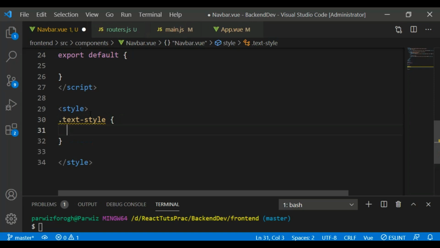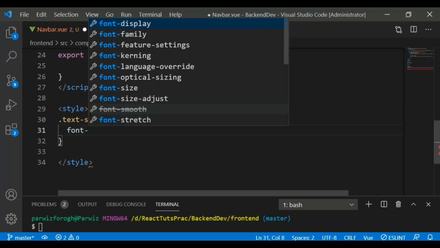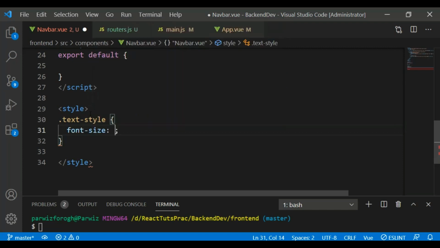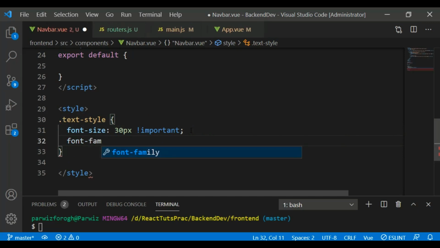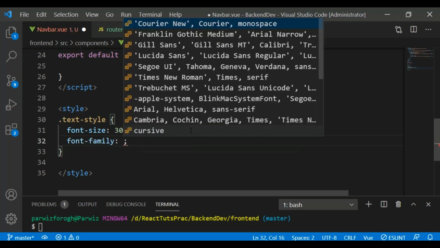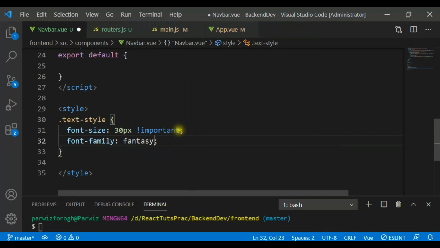For example, I want to add font size. So font size, for example, it should be 30 pixel, and also we need to just make it important because we want to override the style. And also we can just say font family, and for this we want to just use fantasy,